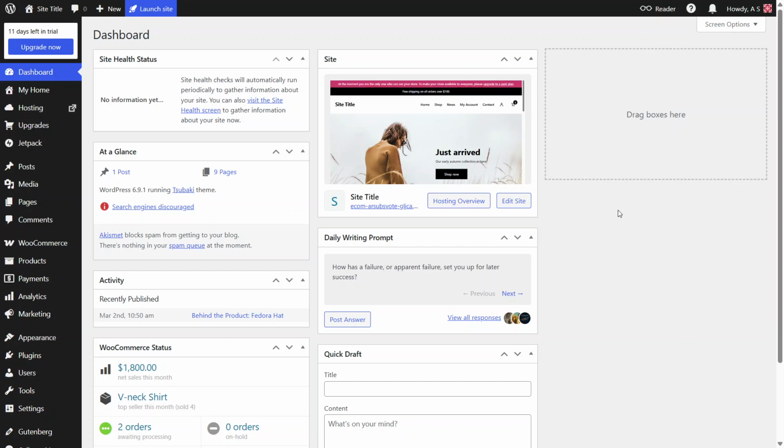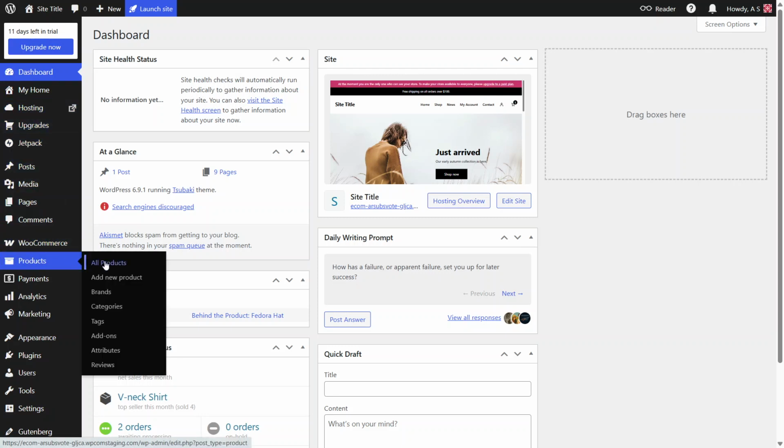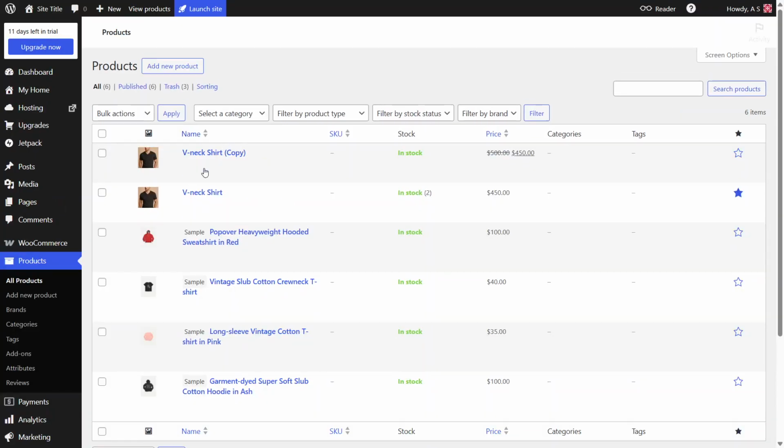First, log into your WordPress admin dashboard. Once you're in, look over to the menu on the left-hand side and find the section labeled Products. Hover your mouse over it and a few options will appear. Click on All Products. This will open a list of every product in your WooCommerce store. From here, choose the product where you want to add a table by clicking its title to open the product